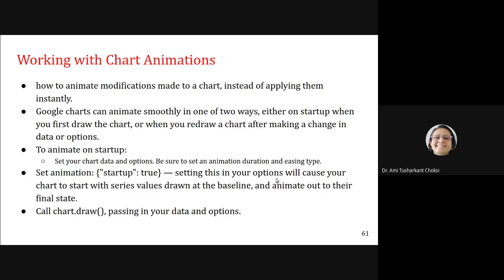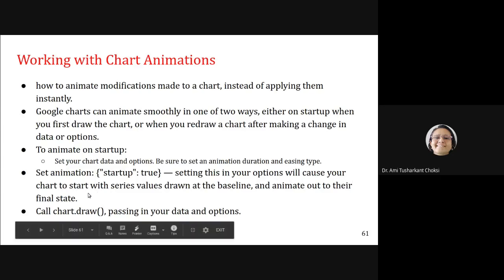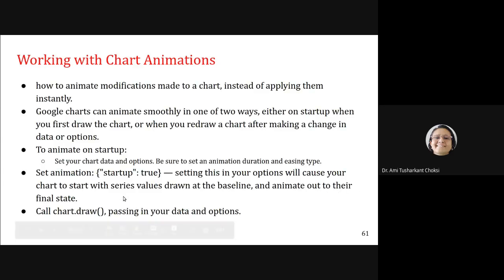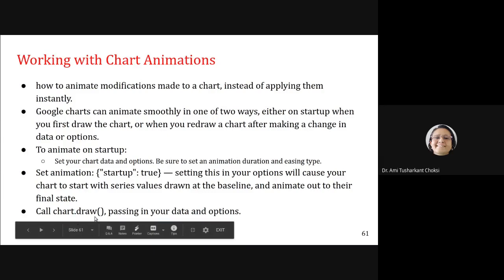Setting this in your options will cause your chart to start with series values drawn at the baseline and animate out to their final state. Call chart.draw, passing in your data and options.